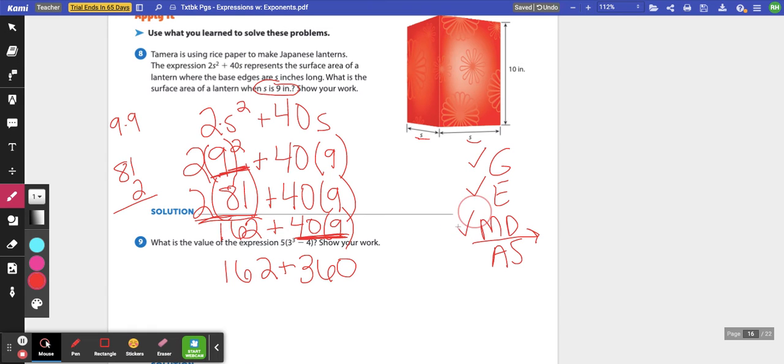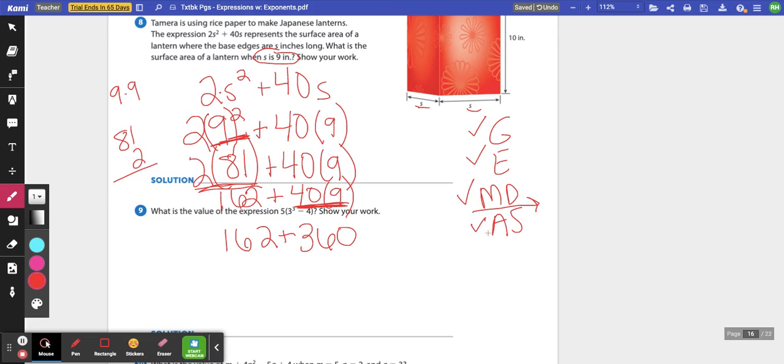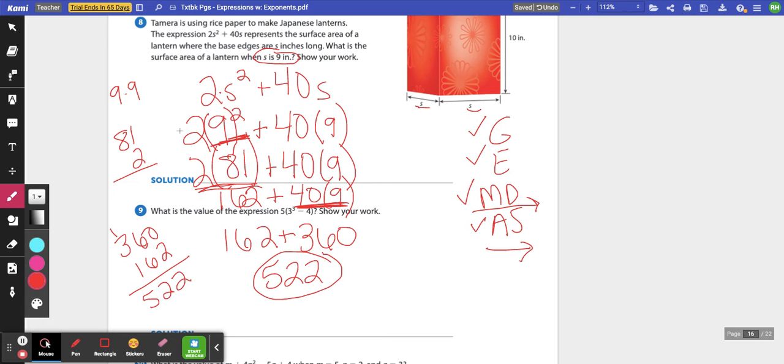Now I have no multiplication or division left, so I'm moving on to addition and subtraction. It is my very last thing to do. I do go left to right, but there's only one thing to do. So I'm going to add 360 plus 162. 2 times 6 is 12. 3, 4, 5. 522. And notice, because I'm bringing down everything one step at a time, you should slowly start to see it